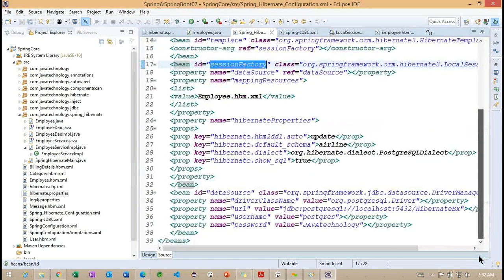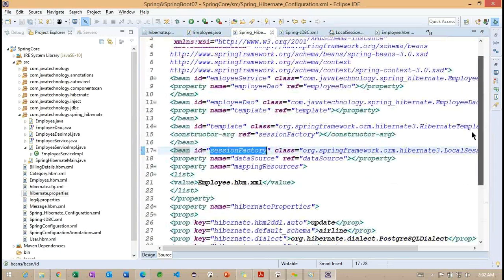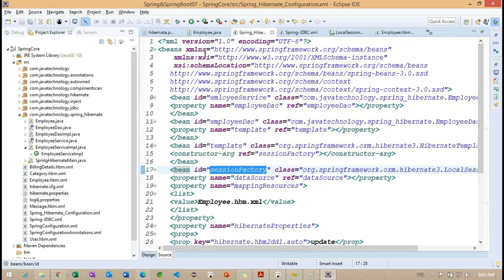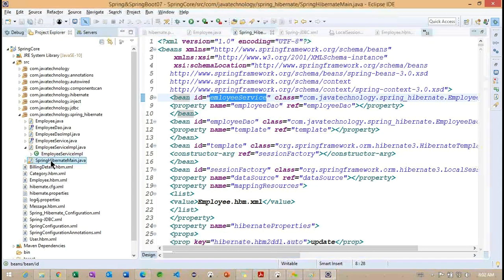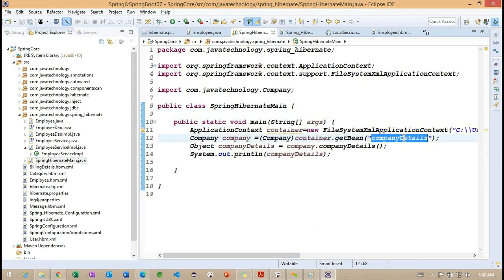Getting the point. Now what we need to do? Because all the classes we created, go back to the main class. So let me copy this. Where is our Hibernate? Spring Hibernate.